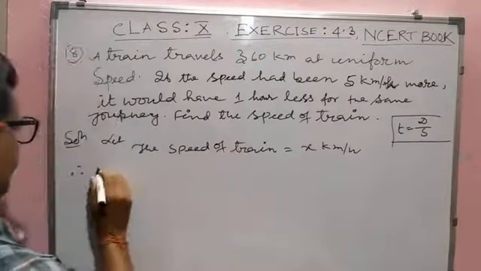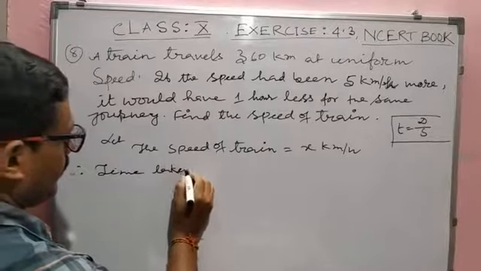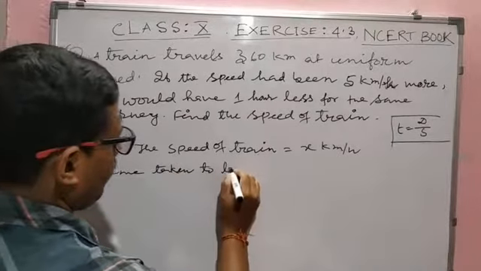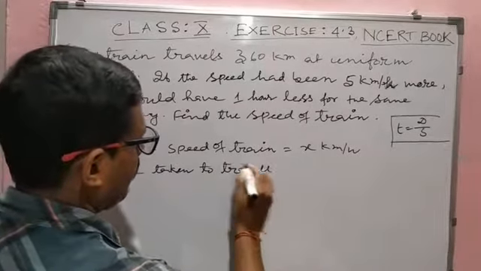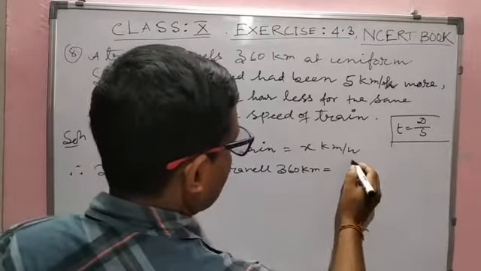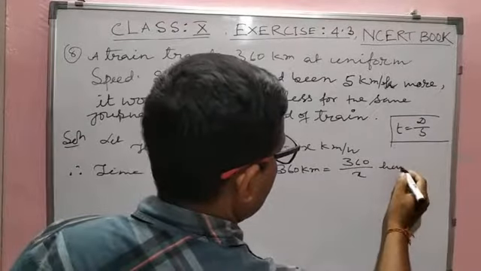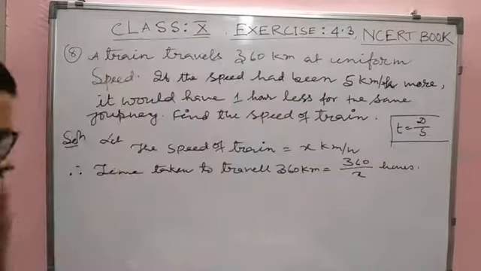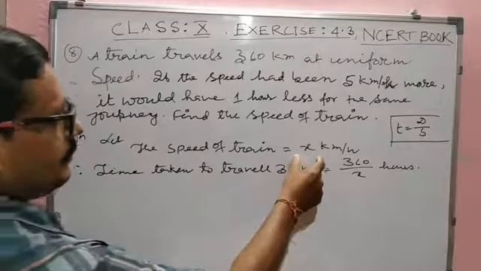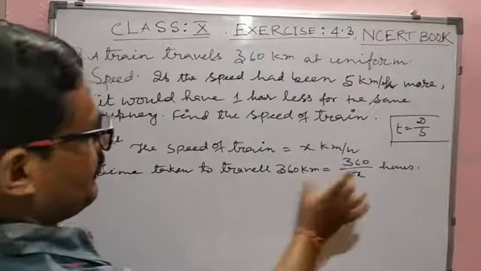So time taken to travel 360 km equals distance by speed, this much hours. So this is the original speed, and with this speed 360 km is traveled, so time taken will be